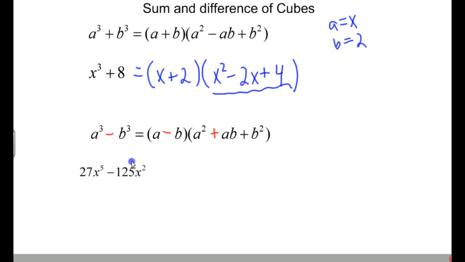Now you get a problem like this, and it may not look like difference of cubes at first. Remember that the first rule of factoring is always take out the GCF. So if you take out the GCF, which is x squared,